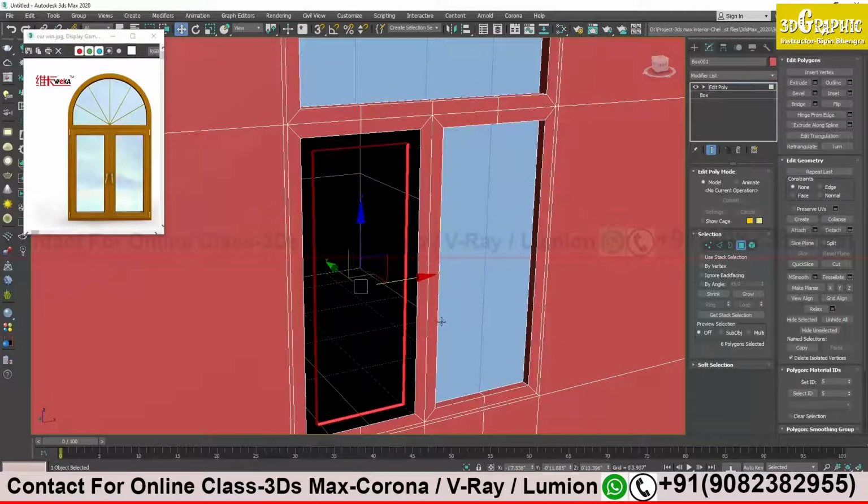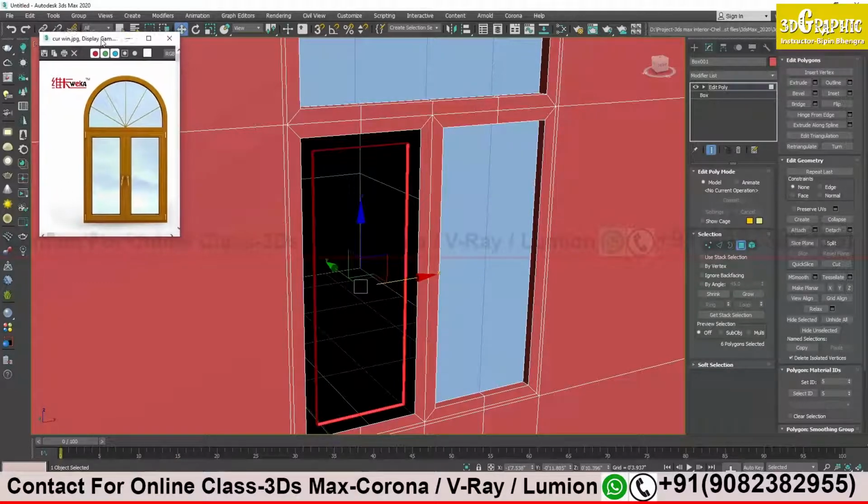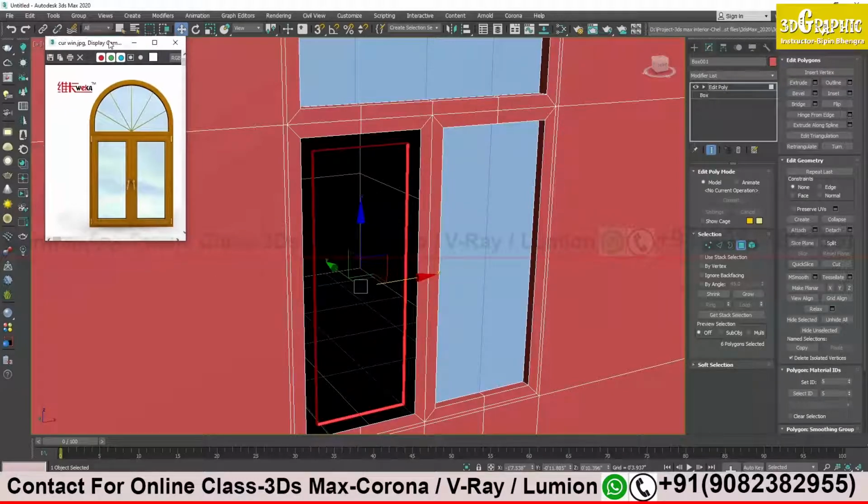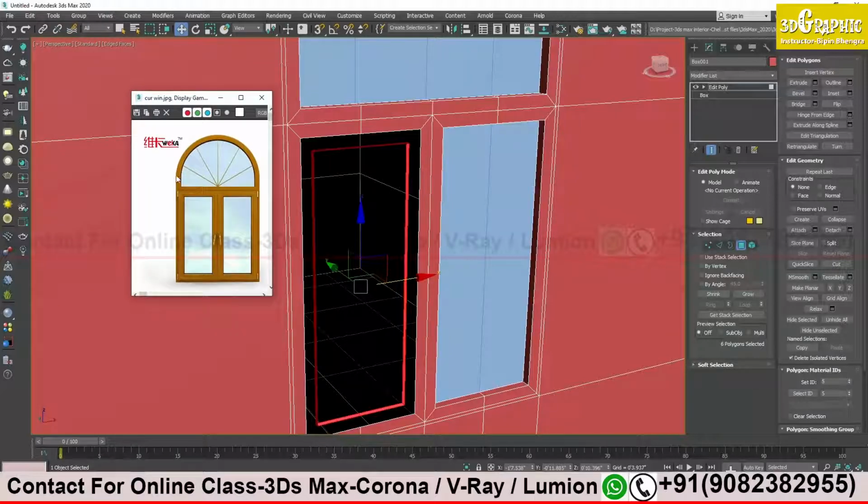Fine, sir. Okay Priyanka, quickly I will tell you that we have a query from Sasikaran, and you can see my computer screen, right? Yes, sir. Okay, so on the left side top you can see this is the window, the curve portion over the top. That was Sasikaran's query: how we can make a curve shape for the window. Because we have learned how to do a rectangular window with the panel and all. So in case you have anything curved, how will you do that?